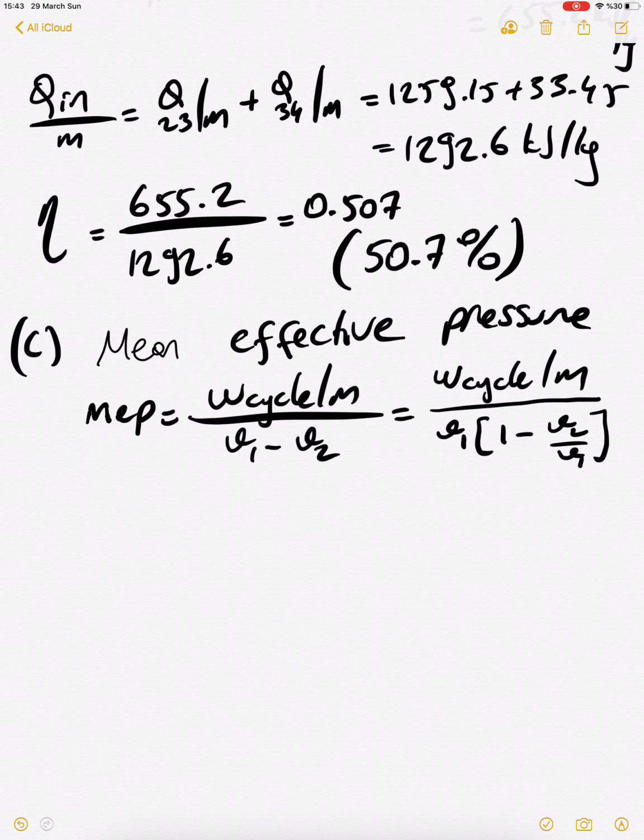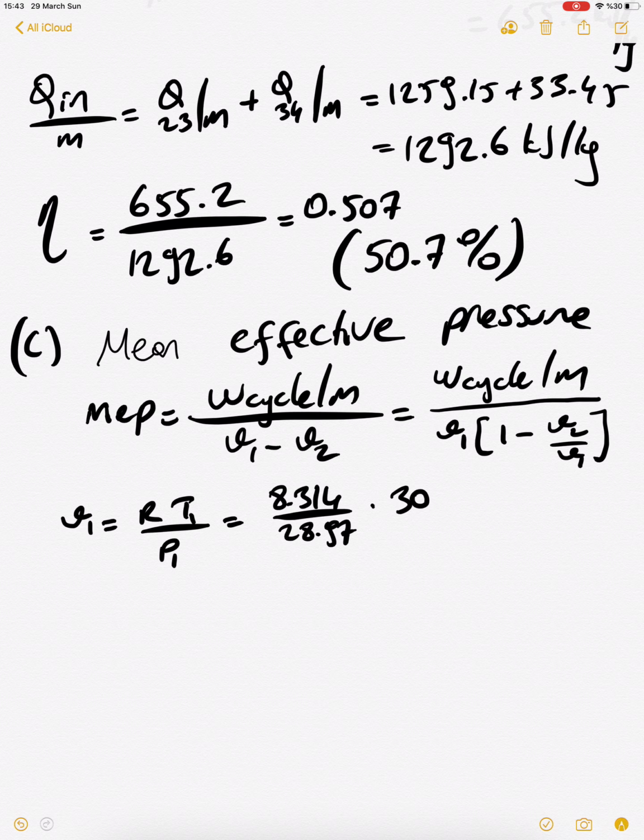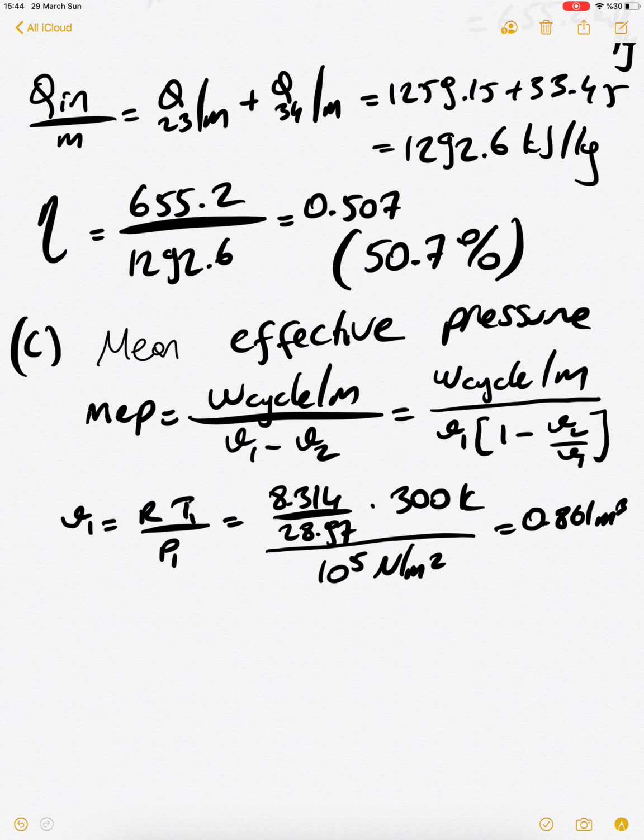So you can calculate V1 as R T1 over P1, and that's going to be equal to 0.287, the specific gas constant, multiplied by 300 Kelvin, divided by 1 atmosphere, which is 10 to the 5 Newton per meter square. So this is 0.861 meter cube per kilogram,